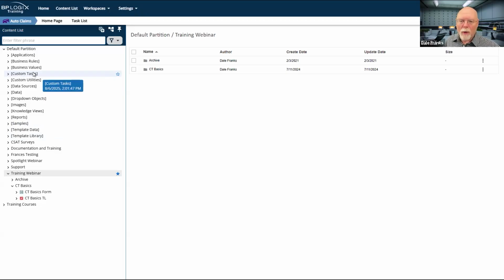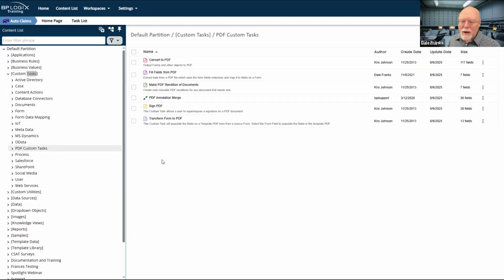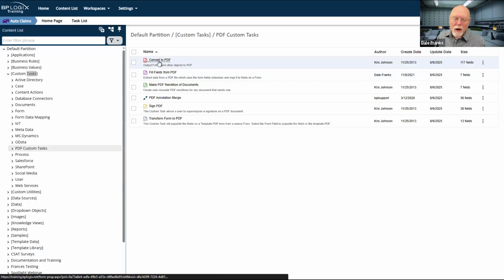Fine, I found that folder, and then let's say it's a convert to PDF custom task. Then I'm going to need to look in the PDF custom task folder, and then I'm going to need to look for a custom task named convert to PDF. I have to match that name and file location.